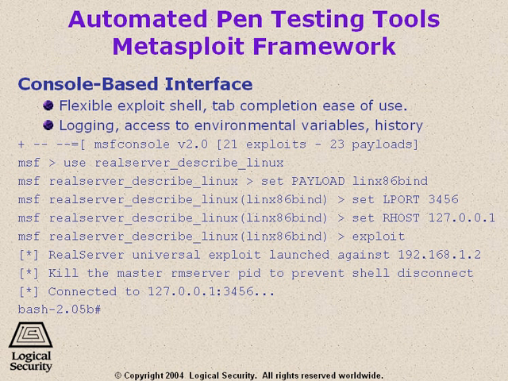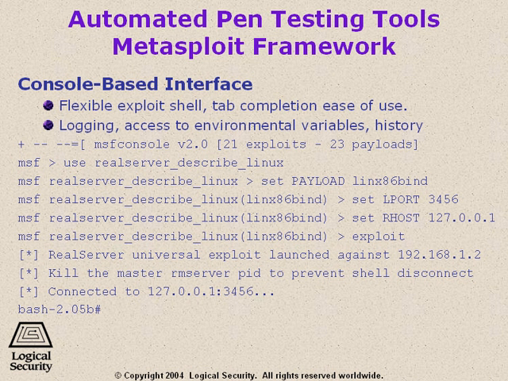So the command there was use, followed by the RealServer exploit for Linux. You went to the MSF RealServer Linux prompt, then you set the variable payload, and then what the payload is going to be. So you've moved into that prompt now, the MSF RealServer Linux x86 bind, and now you're going to set the port. That's the local port. You're going to set the